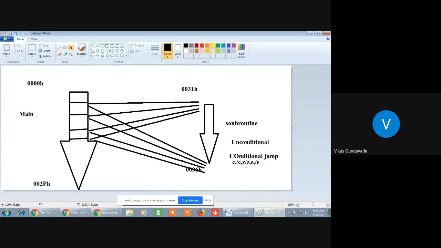According to the status of the bits available in the PSW, this conditional jump or conditional branch occurs. For that purpose, a few instructions are available, and these instructions are called program branching instructions. So we will take some of the instructions here.